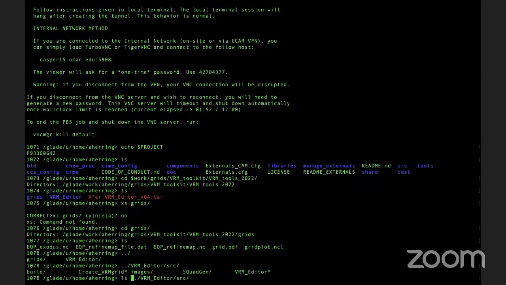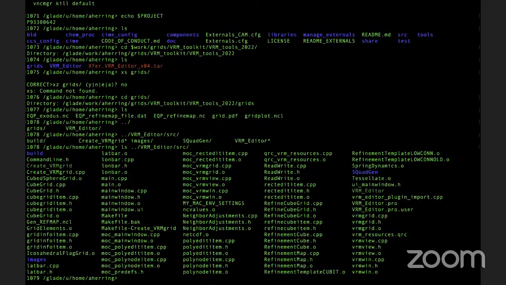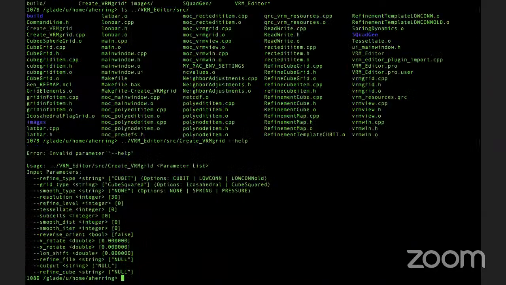So I'm going to show you, this is everything in the source directory for VRM Editor. So this is how you would open up the GUI. We don't want to open up the GUI. We want to execute the command line version called create VRM Grid. And so the first thing you want to do when you are working with a command line software package and you don't even know anything about it and what the arguments are that it needs, you run it either with no arguments or a --help. And that'll tell you the things that you need to feed into this command line to spit out a nice Exodus